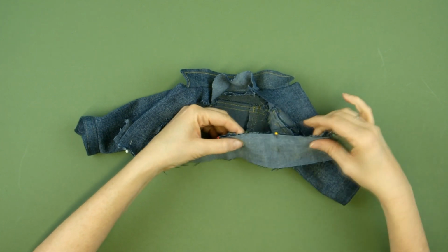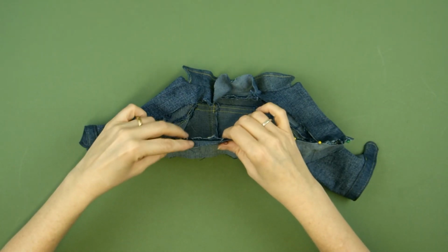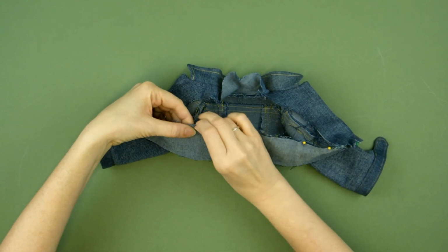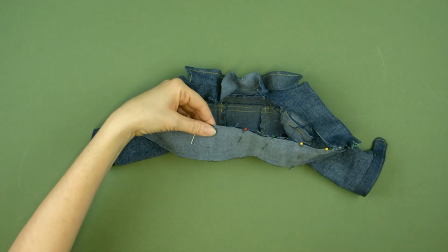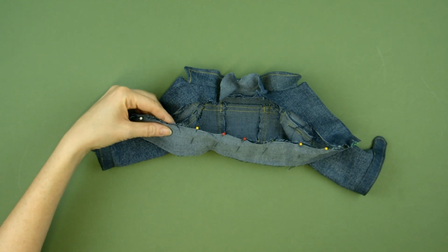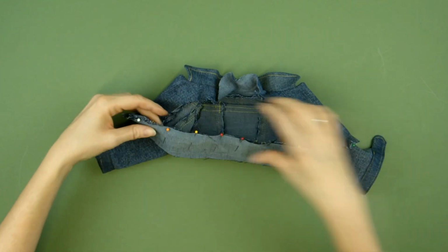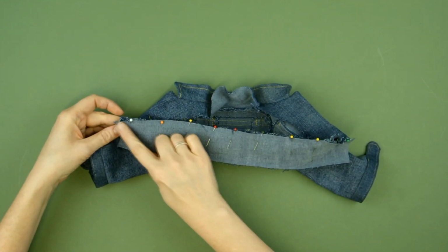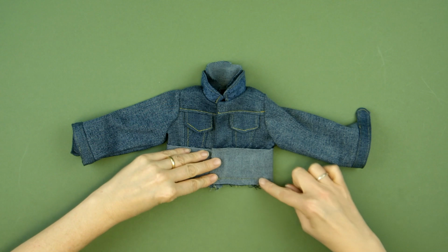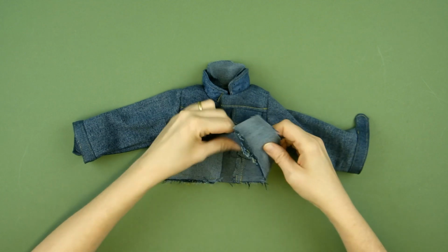One in the middle there, and a couple on this side, one there, one there, and we'll pop one more in the middle there. And then we're going to sew along here, a normal 5mm seam allowance on there. Now we've got our waistband on all the way around. We're going to pull this down